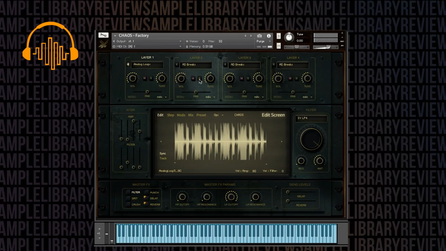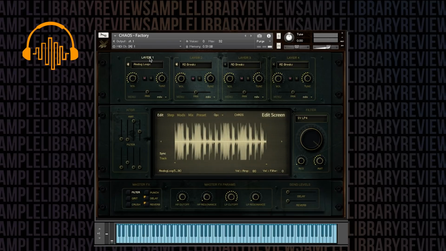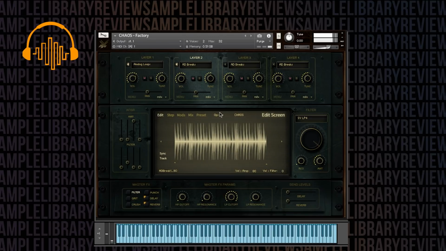So this is a pretty cool sound, I have to say. And what I wonder is, once you add a second layer, and we go over to this layer and sync it as well. Now we got layer 1 and layer 2 with a break. And that's pretty cool. What's really cool, I think, is